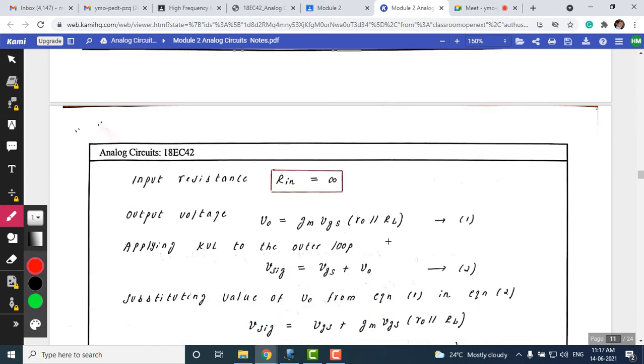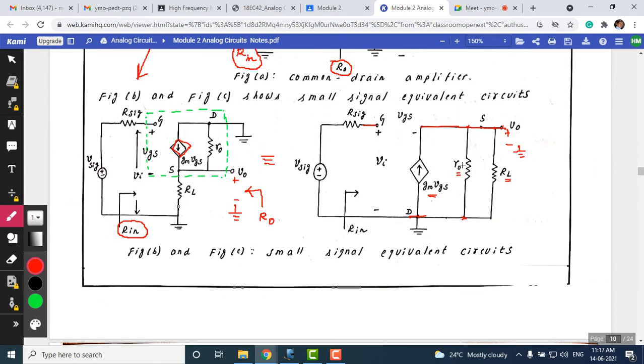Output voltage, as you can see from the circuit here, will now be positive because current is entering this source terminal here. Output voltage V naught is nothing but current times these two resistances. These two come in parallel now, R naught and RL are in parallel. We can replace these two resistances with a single resistance, R naught parallel with RL, instead of having two resistances.